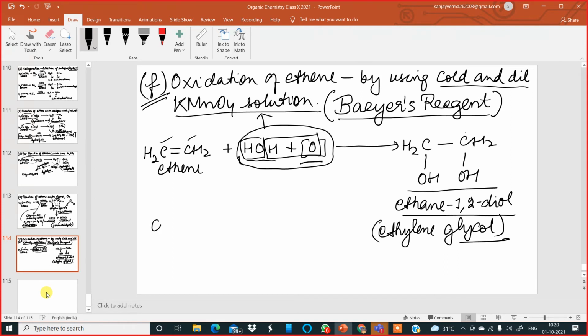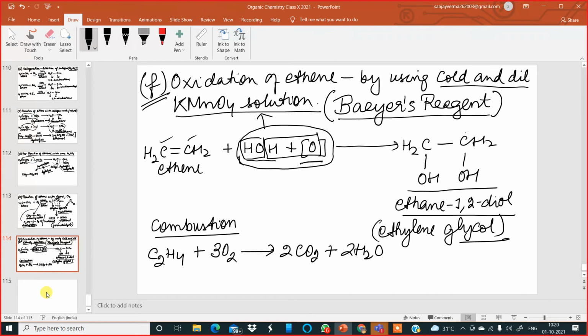Now, under this oxidation, I can also talk about the combustion reaction. The combustion reaction means burning of ethene in oxygen. It's a hydrocarbon, we know. All hydrocarbons burn in sufficient oxygen to produce carbon dioxide and water vapor. That is true. So if I take ethene, that is C2H4, and burn it in oxygen, it is going to give me carbon dioxide gas and water vapor. Along with this, a lot of heat energy is also given out. So it is an